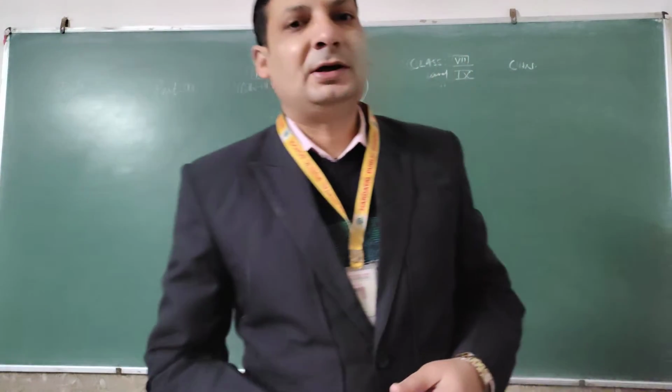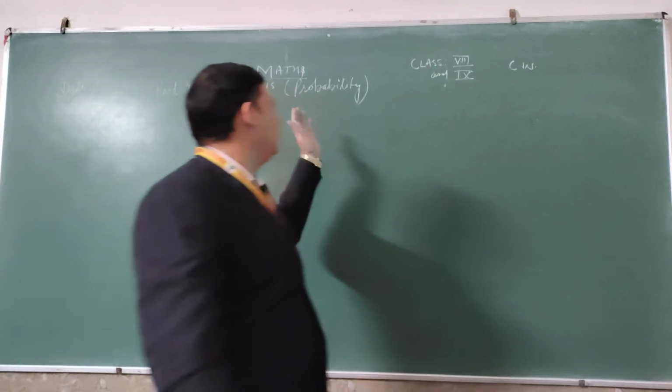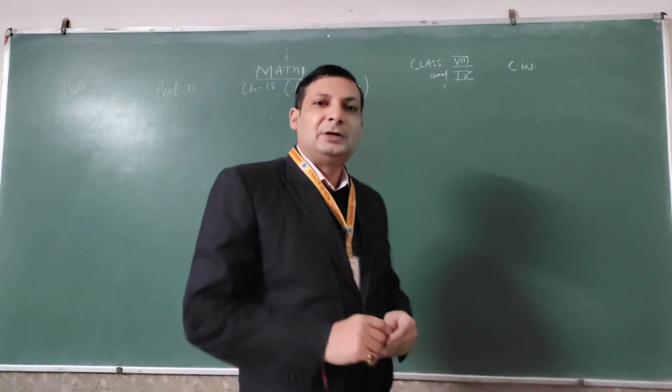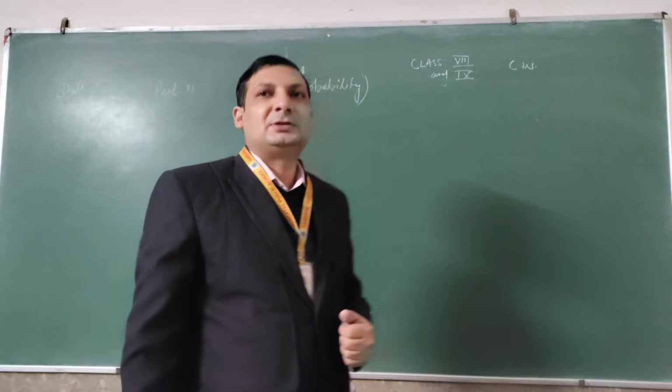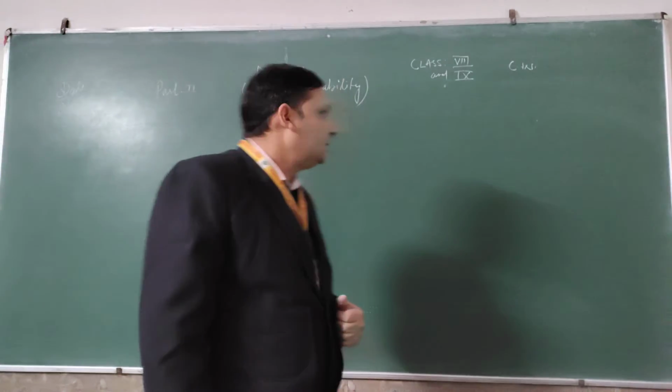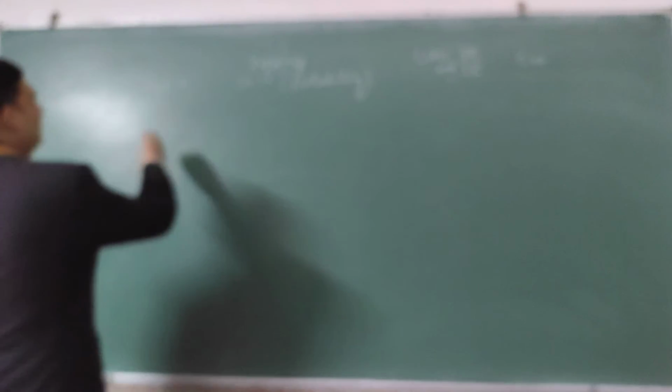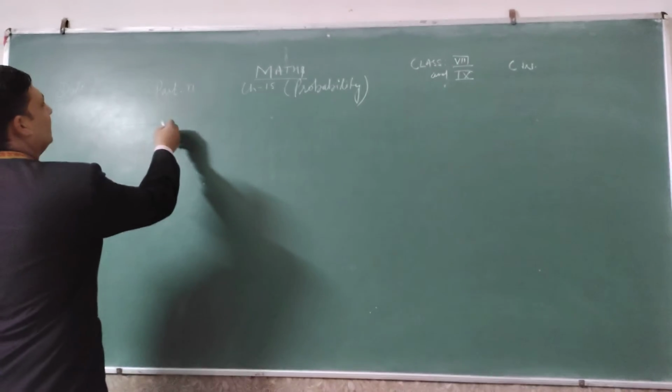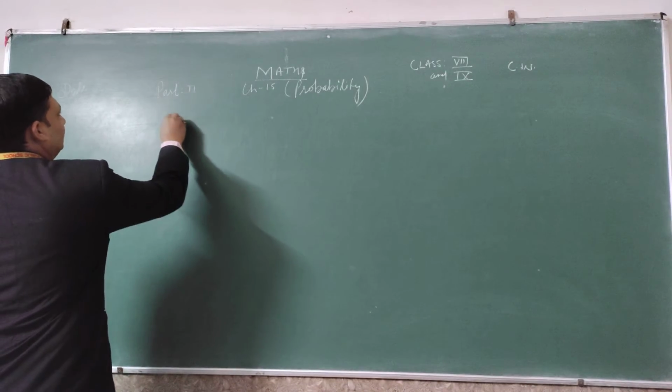Student, today we are discussing again chapter number 15, probability. It is the second class of this chapter, in which we will discuss questions only. So today we will discuss questions, beta. See, the first question we will take is on this topic, that is coin.